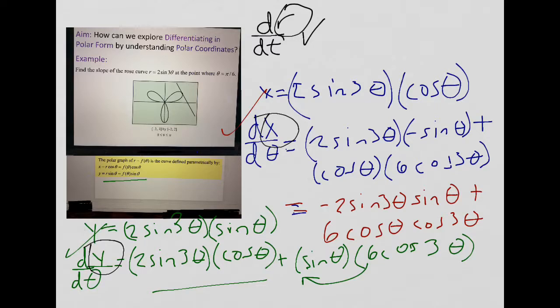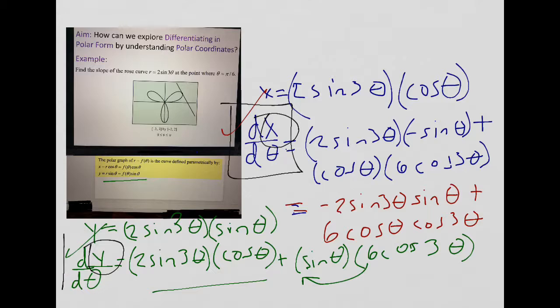Well, we need the first derivative in order to do the second derivative. And I went through all this below, so let me erase just this little tiny piece up here. I went through all of this so we can find dy over dx, and then we'll talk about the second derivative. So dy over dx is going to be dy over d theta